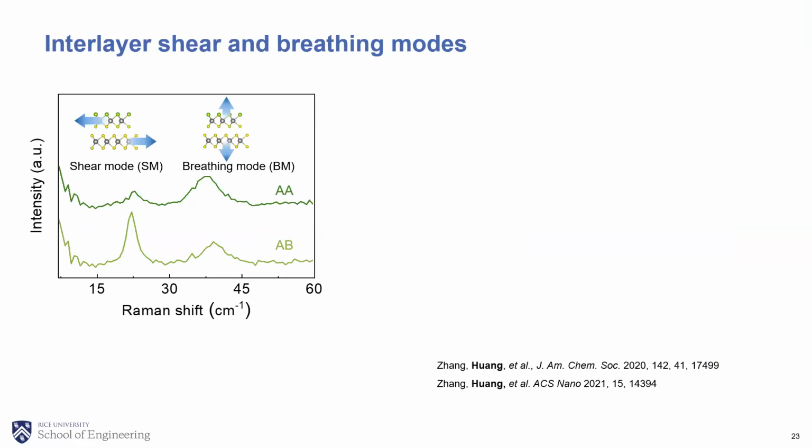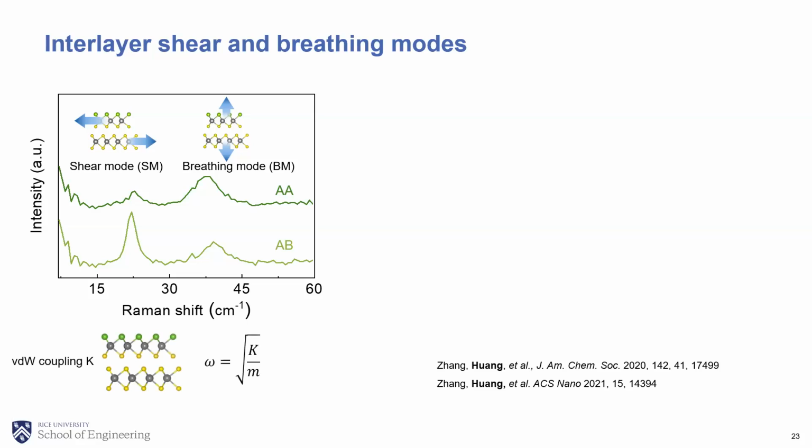We then found something interesting about this heterostack. For example, if we measure the low frequency Raman spectra, you can see the plots over here show the low frequency, or interlayer, shear mode and breathing mode for different stackings of this heterostack. These interlayer Raman modes have the entire layer of the 2D material vibrating as a whole unit compared to the adjacent layers. We can understand these low frequency, or interlayer, Raman modes using the linear chain model.